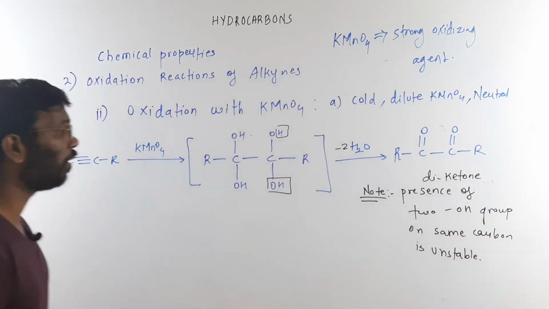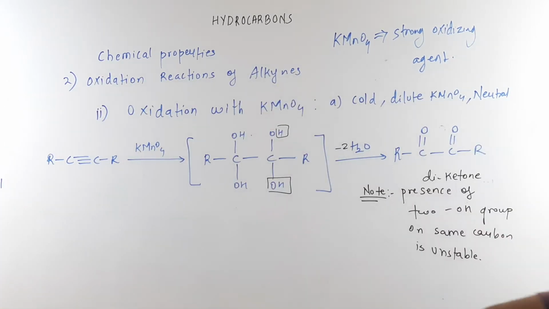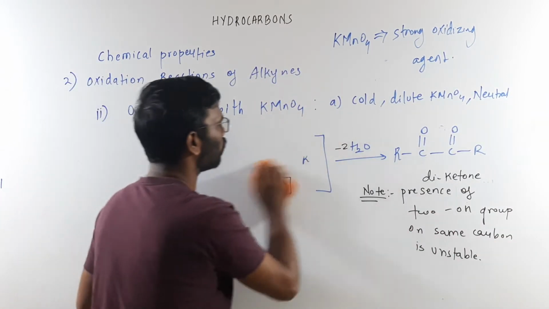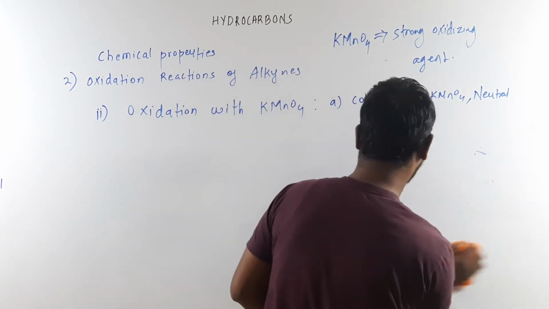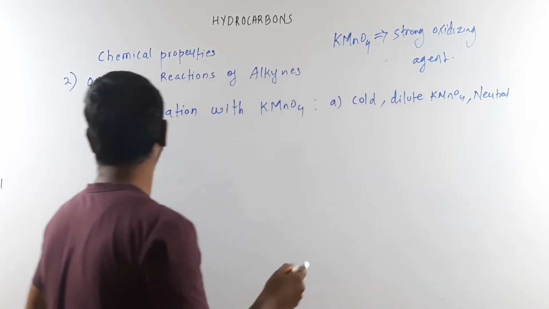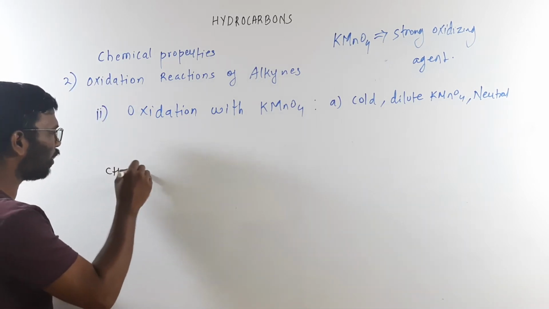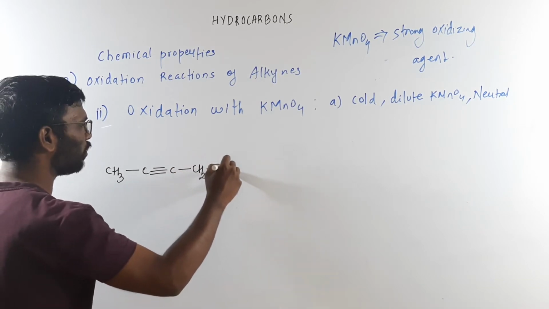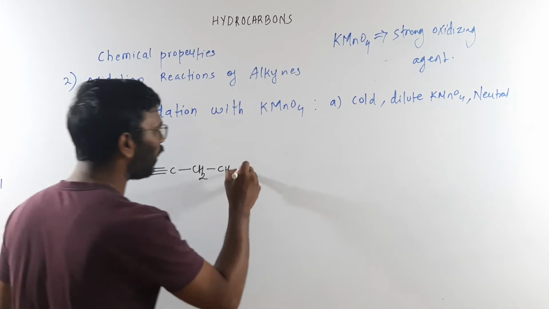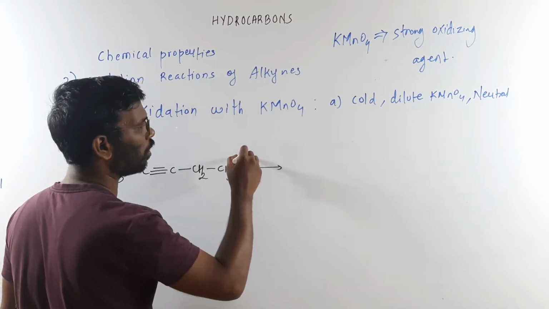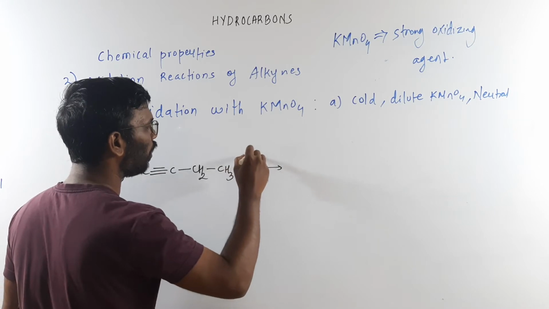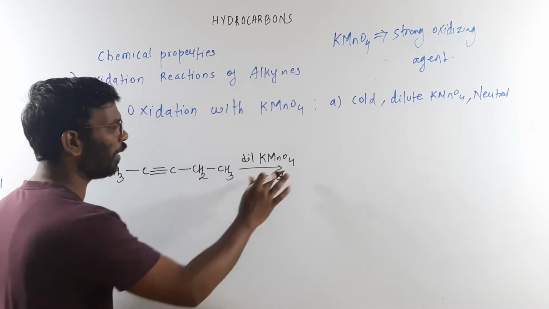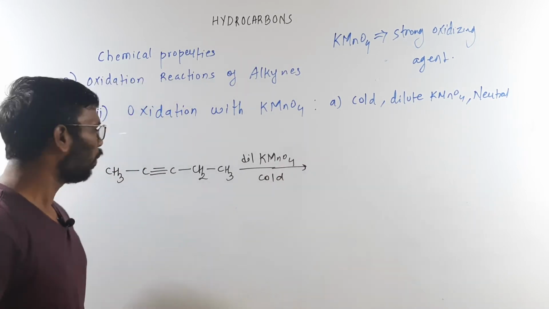Let me take an example in the presence of cold dilute KMnO4. Let's take this CH3, this is the triple bond, and let's write this to be CH3. If you take dilute KMnO4, and it should be cold, there shouldn't be any supply of heat over here, what you are going to get is